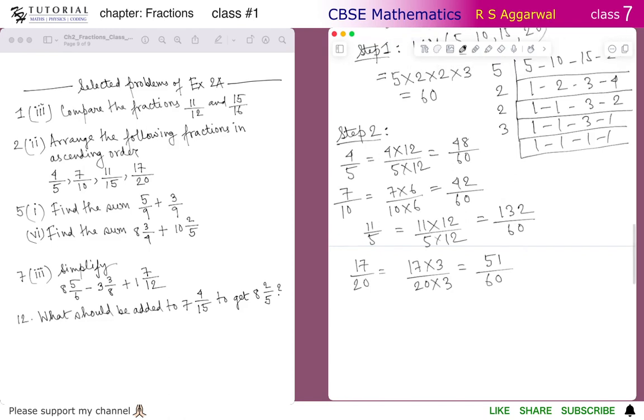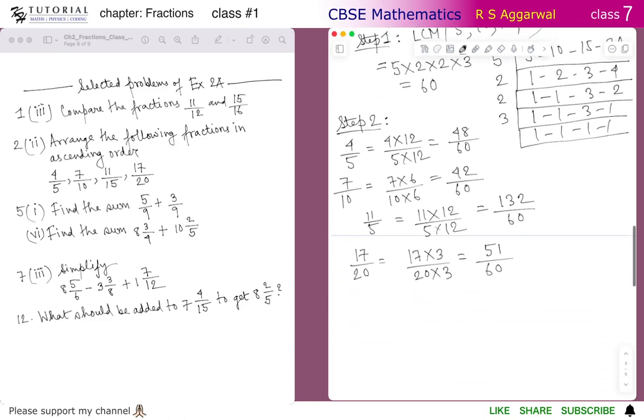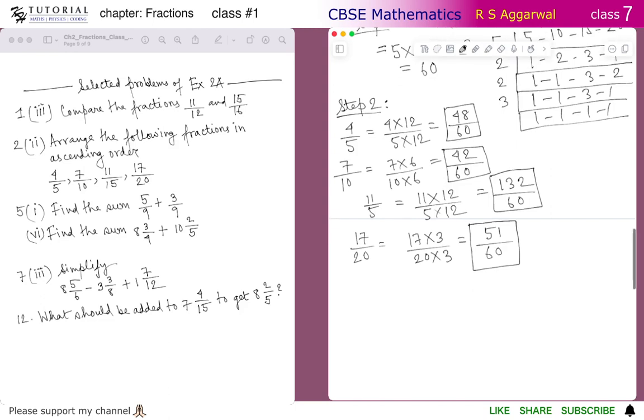So we have converted all the given fractions into equivalent fractions, and these are the equivalent fractions we have got where all the denominators are same, that is 60, and 60 is basically the LCM of the denominators of the original given fractions. So clearly we can see,